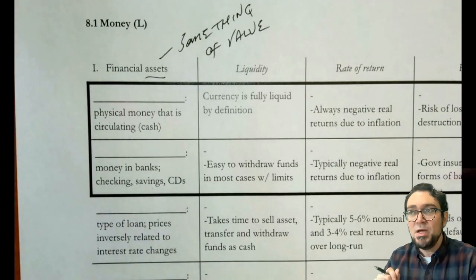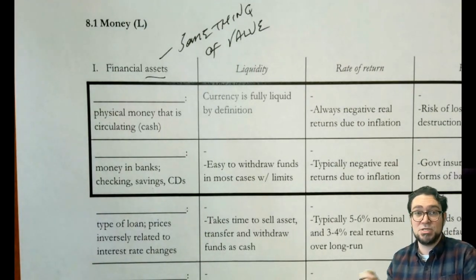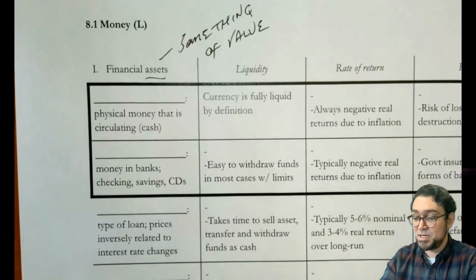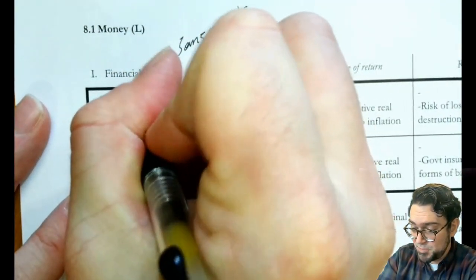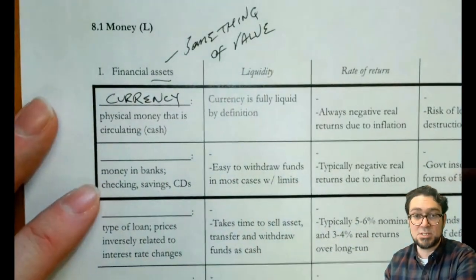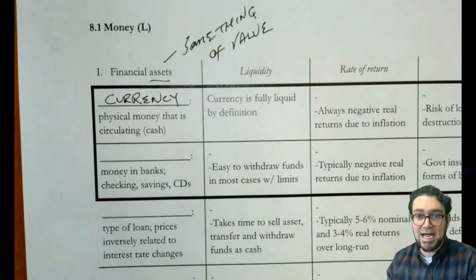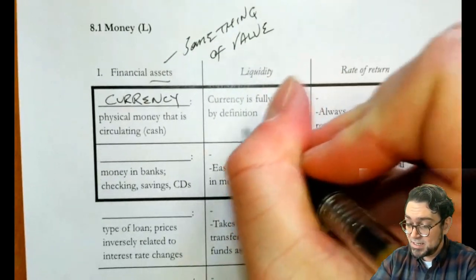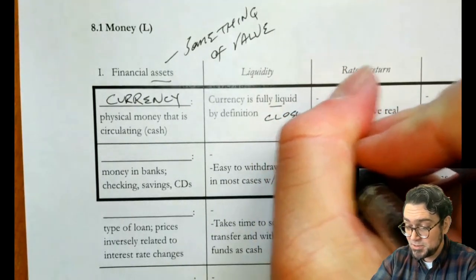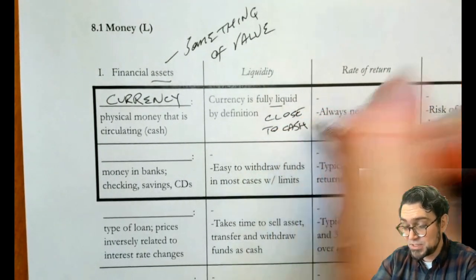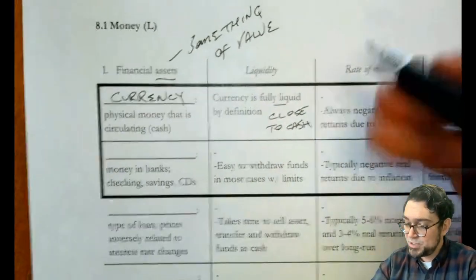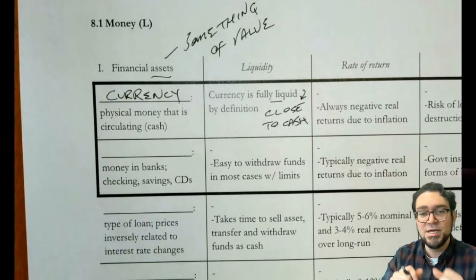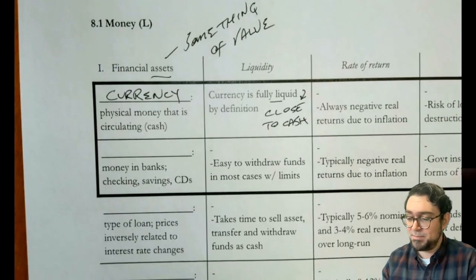Typically, financial assets are what we call intangible. You can't touch them. And most money actually you can't touch. It's just electronic ledger money. But there is some money that we can touch, and we're going to refer to that money as currency. So the first type of financial asset that most folks are familiar with is currency. That's physical money that's circulating as cash. And we define that as fully liquid. That means that it's equal to cash, close to cash. And cash is obviously exactly the same as cash. So liquid just means that it's really close to it. And something that's more liquid is closer to being cash, and it's easier to turn it into cash, is a way to think about it, right?